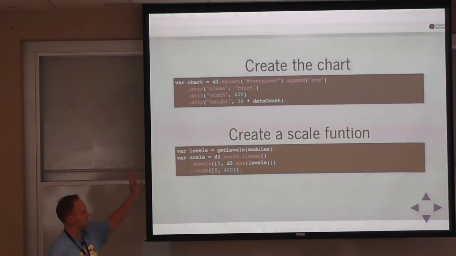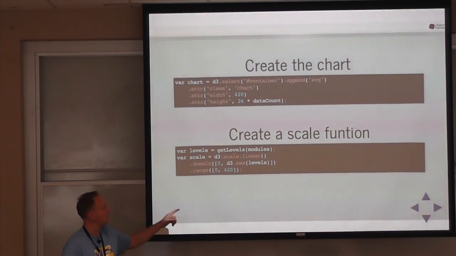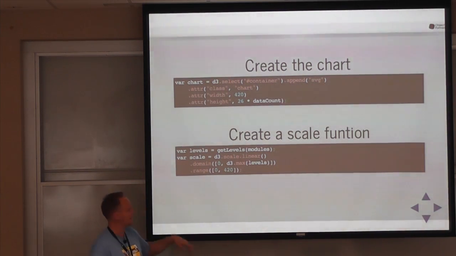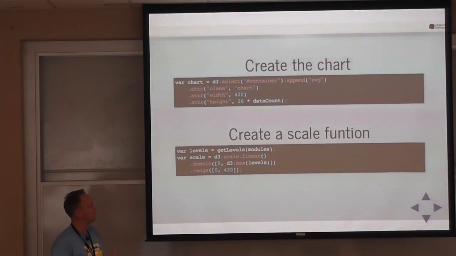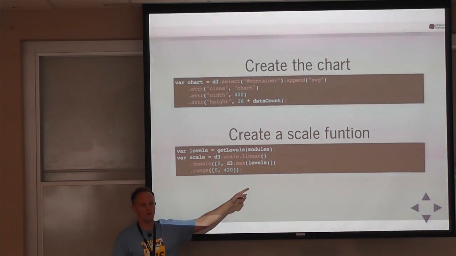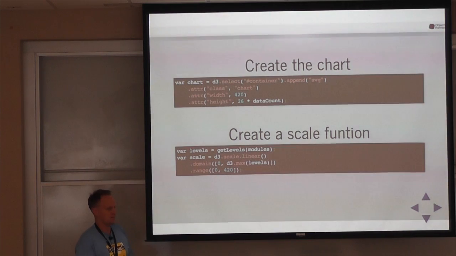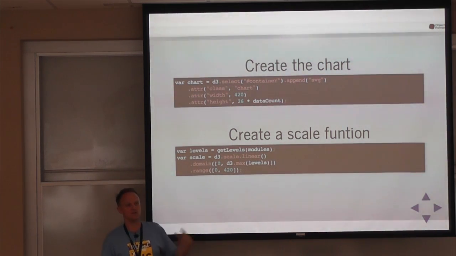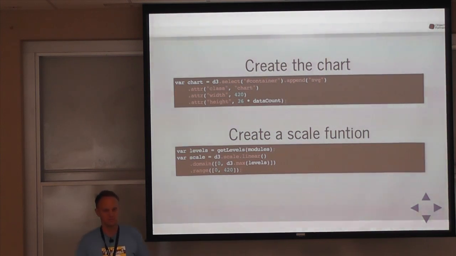This levels is just a helper method to pull some data out of our modules, which is the data we're graphing. This D3 scale linear is giving me a scale between 0 and the max of my levels, mapped to 0 and 420. So basically that's saying if my highest level is 10 and yours is 5, then map it to 210. So it's preventing me from having to do the math on how wide to